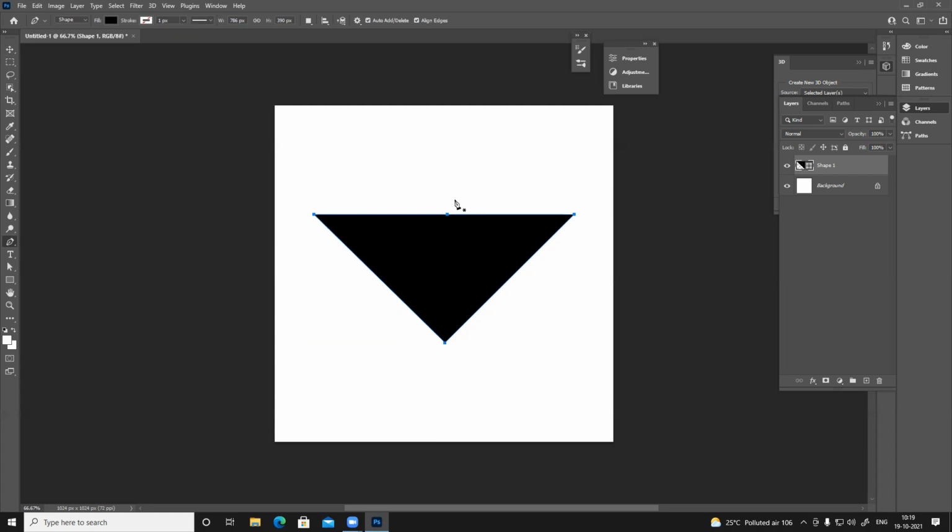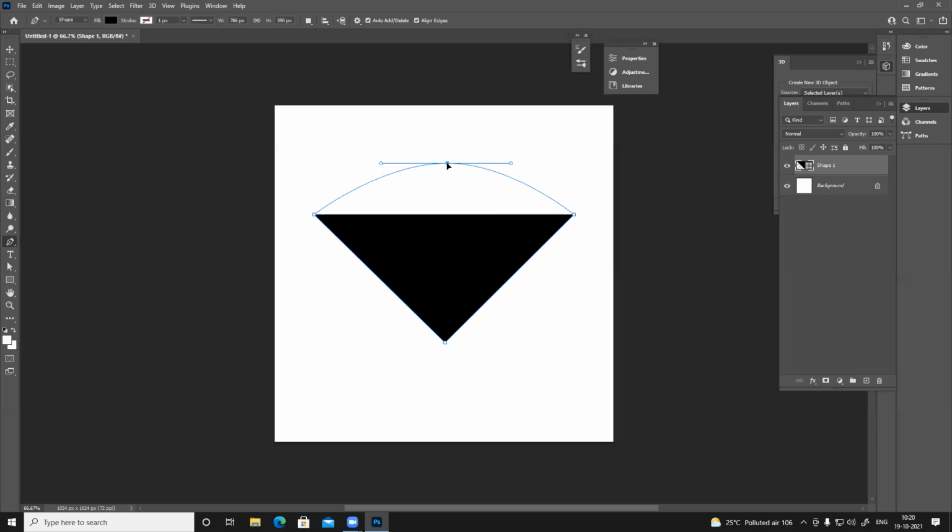Now, if I want to modify this, you can see right now all the anchor points are highlighted. Everything is selected. If it's not selected, it will be in white. Click outside, click again. Now you can see a white box. That means it's not selected. If I hold Control and click on any of the anchor points, it will show those two nodes that you can manipulate. So this one is selected, these two are not selected. So if I want to modify this, holding Control, just move it.